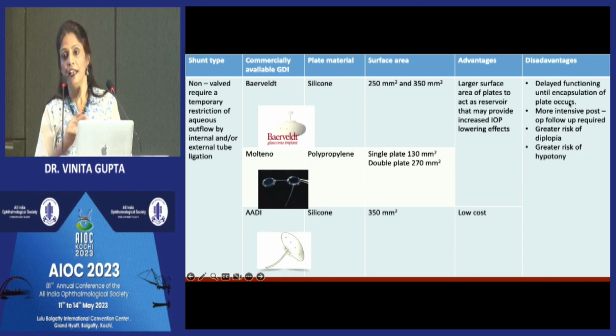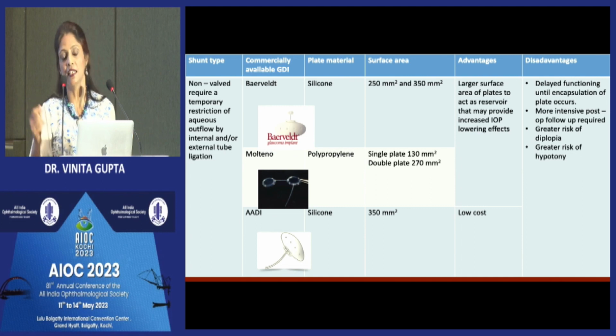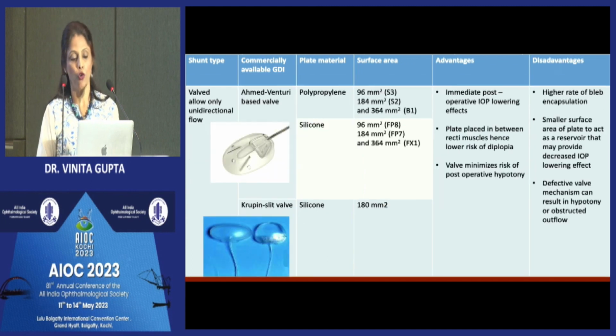Disadvantages, obviously, there's a delayed time before it actually starts functioning. It's a larger size. There's a greater risk of diplopia because of being placed under two different muscles, and a greater risk of hypotony if we immediately release the sutures or if we do not do that ligation. And more intensive follow-up is therefore required for these cases as compared to those for valved implants,